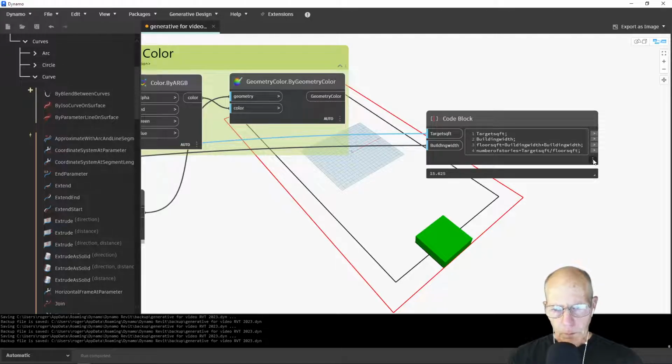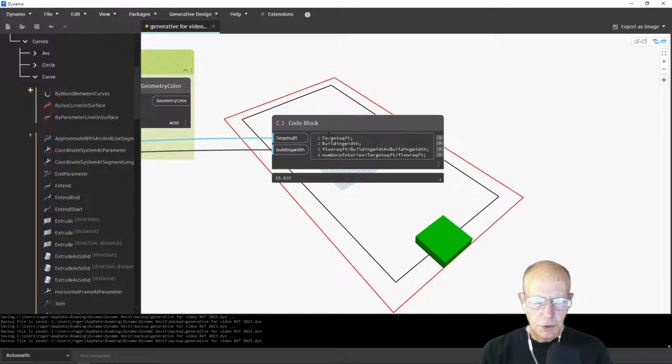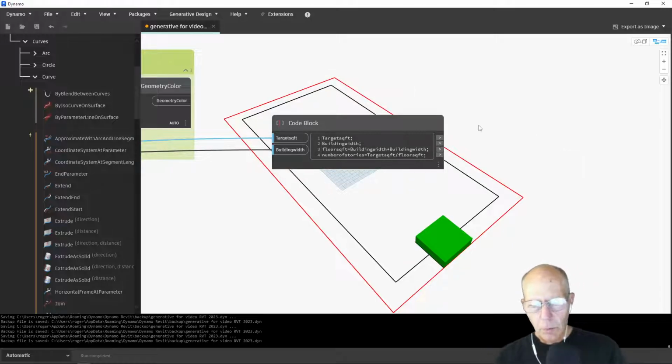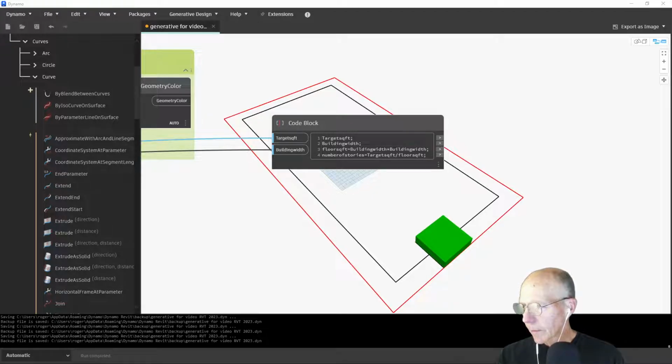So what I want to do now, I have a problem, is that we can't make 15.625 stories. We need to come to a solid integer value. So it's a target square footage. It's not going to be perfect because we can't make that happen with the variables that we have. But there is this idea of being able to round that number down within the computer. And I have to look for what that definition is. It's called